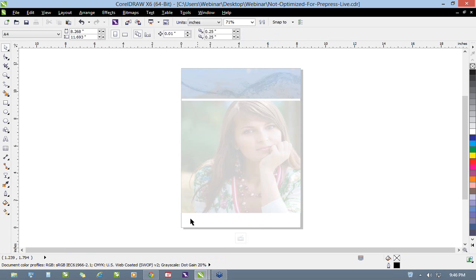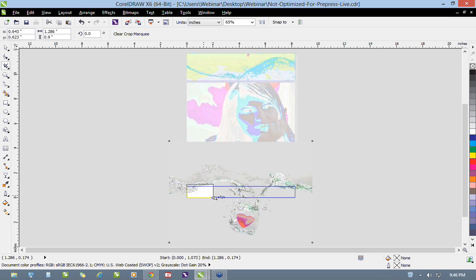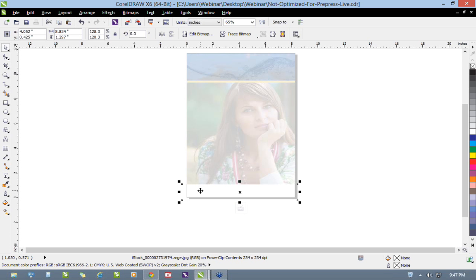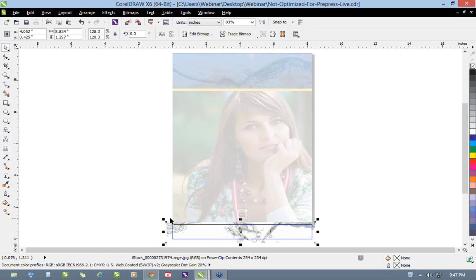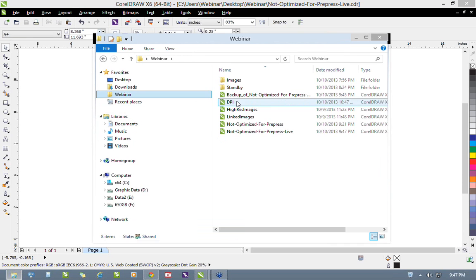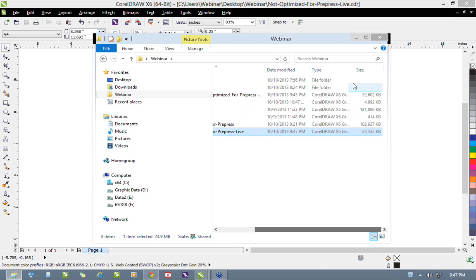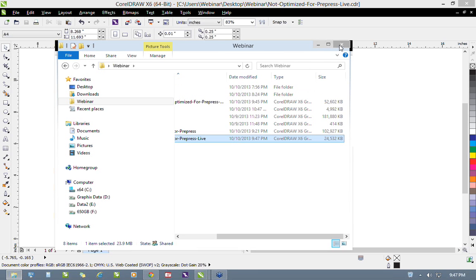Same goes for the third file. We'll have to crop this image first, because this is only the image that we are going to use. It's only the area we are going to use for this image. Even here, this image quality is a little lesser than 300. That is fine enough. So let's save this file back. And now if you notice the file size, it will be dramatically reduced to 24 MB, which is almost half of what was earlier,